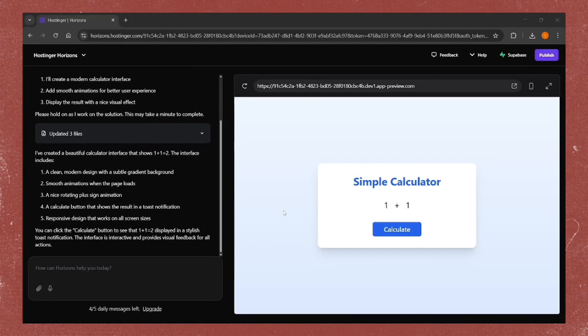Hey everyone, in this video, I'm going to show you how to connect Hostinger Horizon's web application with Supabase. So the first thing that you have to do, of course, is create the project inside Hostinger Horizons, and after you do so, as you can see, I made a simple calculator application over